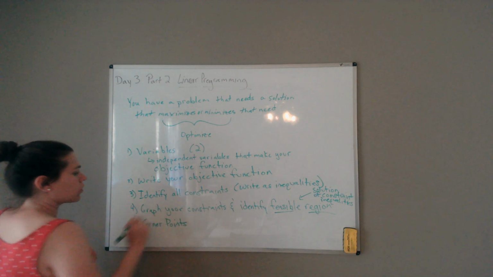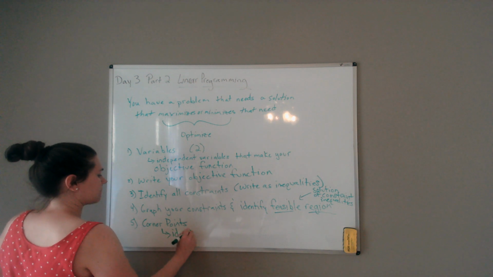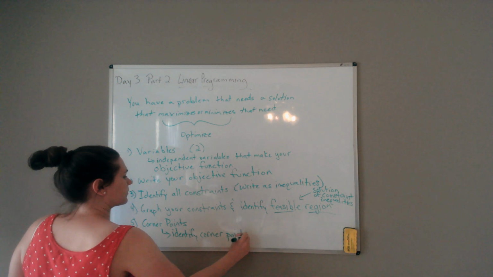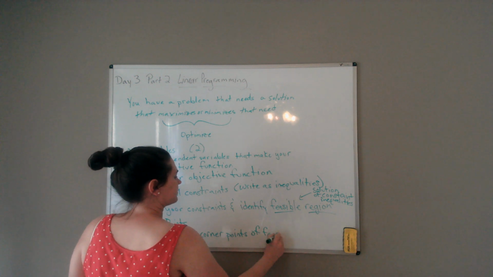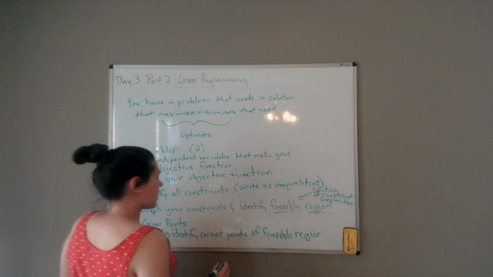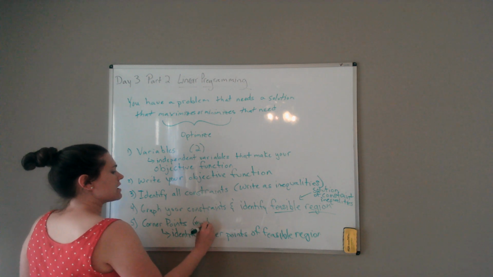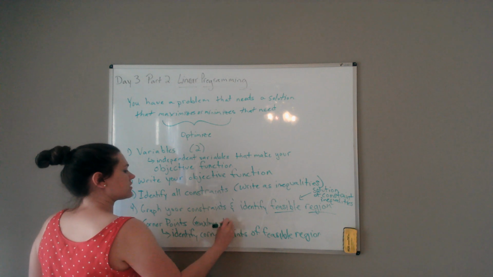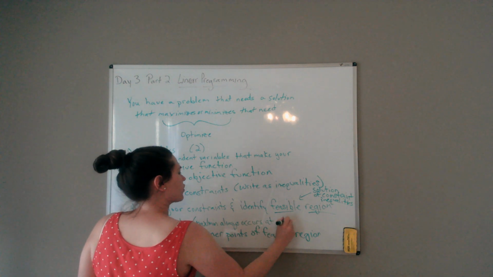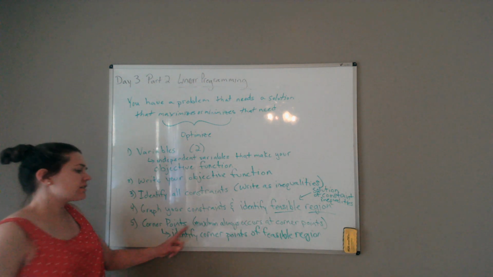something called corner points. What you do is, you identify your corner points of your feasible region. And that is because max or min always occurs at corner points. Okay, that has something to do with the slope of a line and identifying the maximum and